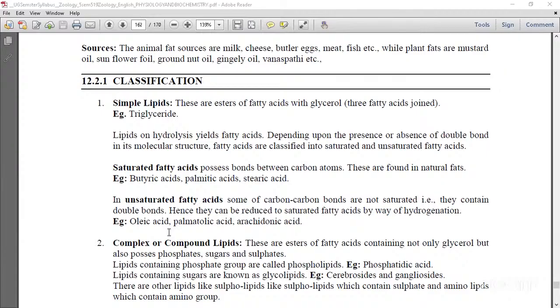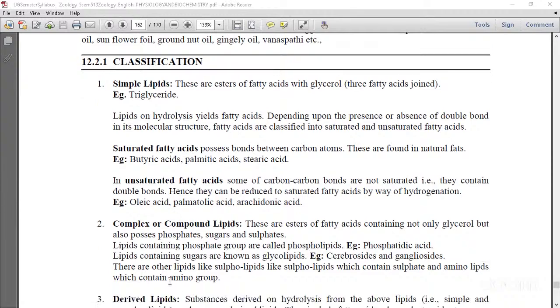Lipids that contain the phosphate group are called phospholipids. The example for that one is phosphatidic acid. And lipids that contain sugars are called glycolipids. Those are presented, for example, by cerebrosides and gangliosides. There are other lipids, like sulfolipids, which contain the sulfate, or amino lipids, which contain the